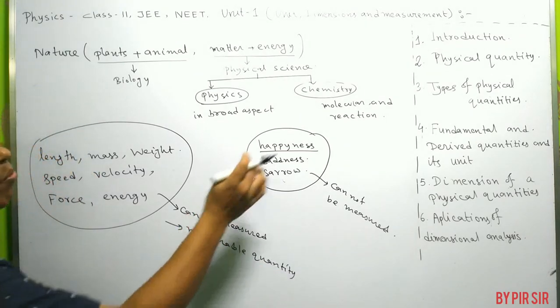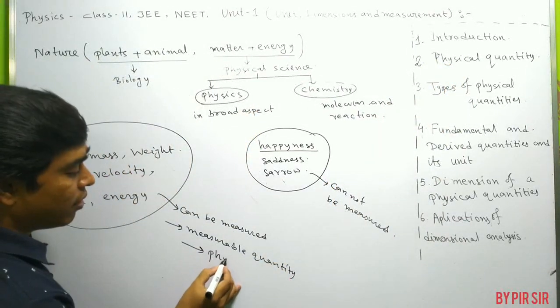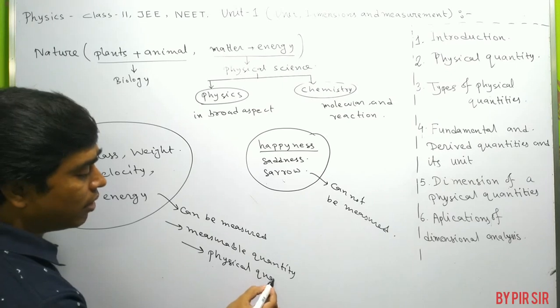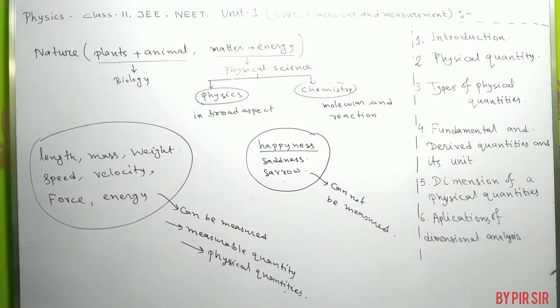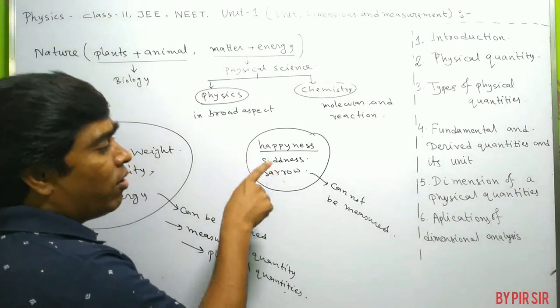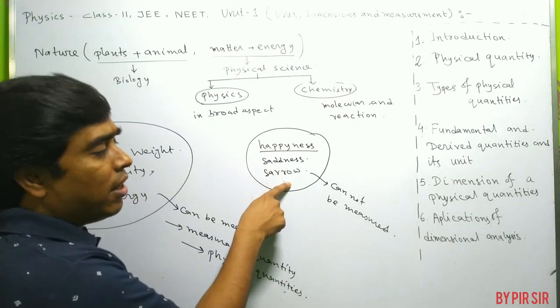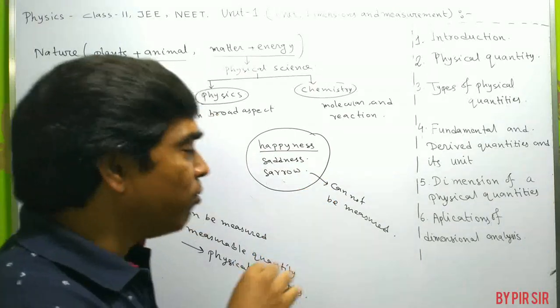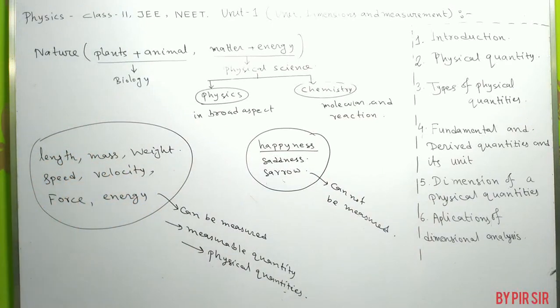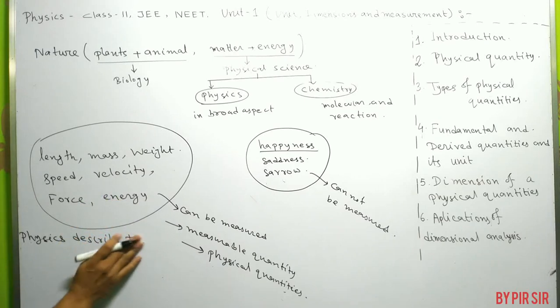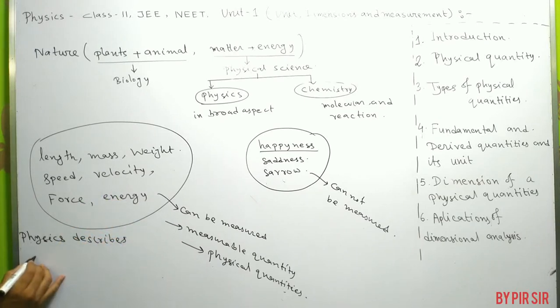So the measurable quantities are called physical quantities. But happiness, sadness and sorrow are not physical quantities because they cannot be measured. Now, physics deals with physical quantities. That means physics describes physical quantities,